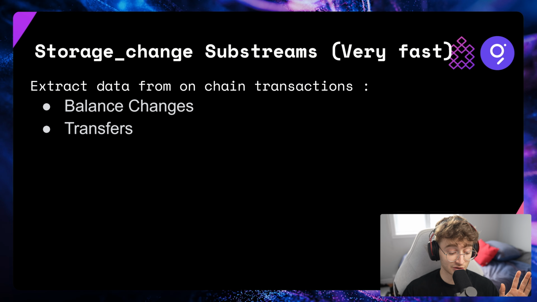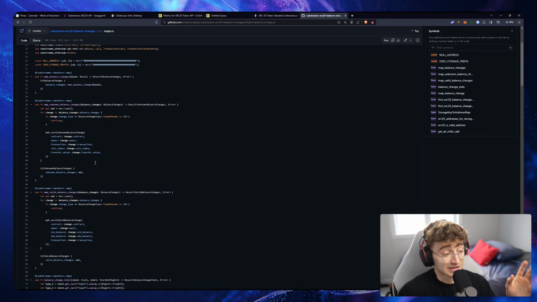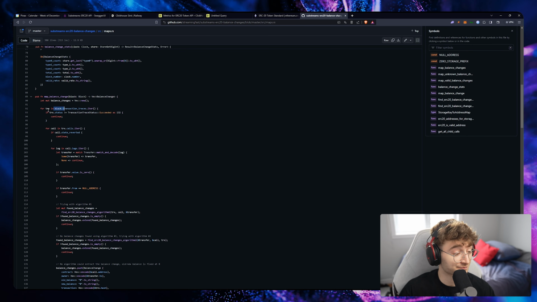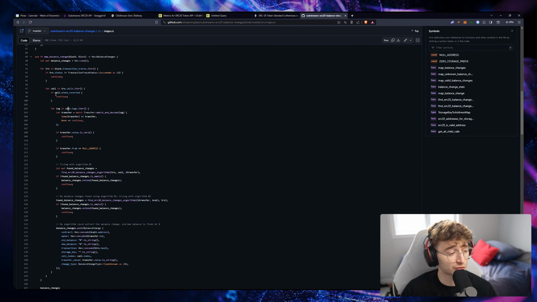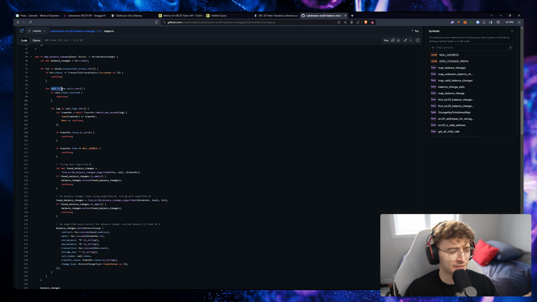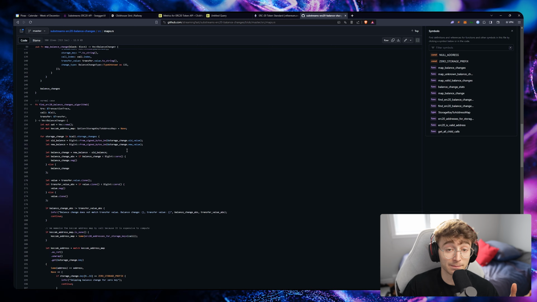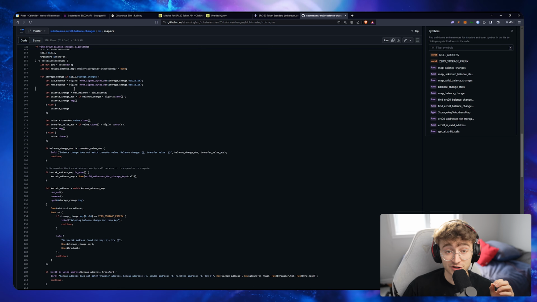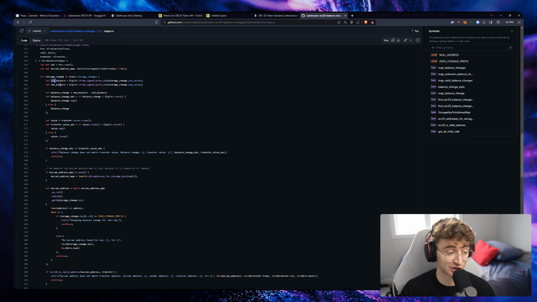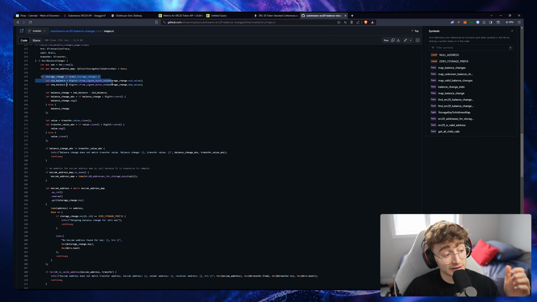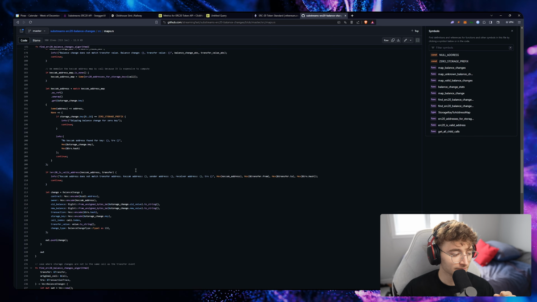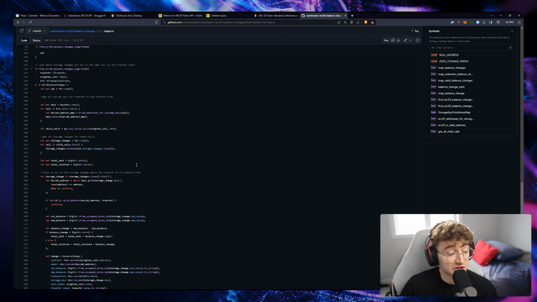I will show you in the Rust code what it looks like. When you build your Substreams, you loop over every block and every transaction, and you look for the calls, basically when a function is called on a contract. In the logs of those calls, you search for a balance change. In every log, you loop over the storage changes and see if the old balance and the new balance exist in those storage changes. If yes, you have a balance change. You loop over all those storage changes and extract them into your sink after that. So it's very simple for storage change.